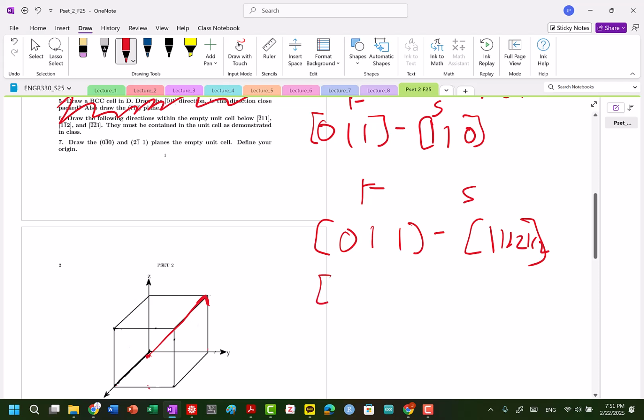The next one will be this, finish my start. Again, so this is going to have to be 1, 1/2. This is going to have to be 1/2, 1, and then this is going to have to be a 1 and a 0. So my start will be a 1/2, 1, and then my finish will be 1, 1/2, 1. And then we'll go like this. And then finally,